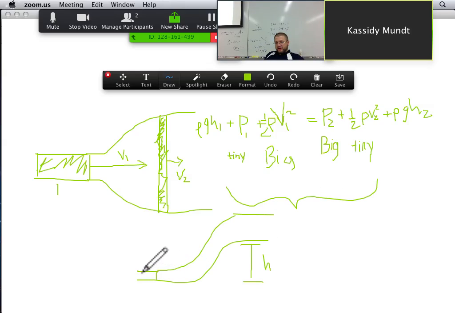You have your volume of fluid down here, changes to a different volume up here. Well, same volume, but a different shape up here. And you're good. So that can affect the velocity going up the hill or going down the hill. Of course, if you're going down the hill, you're going to speed up even more going from the bigger pipe to the smaller pipe. And if you're going up the hill, you're going to slow down even more going from the smaller pipe to the bigger pipe, right? So things can change quite a bit there.